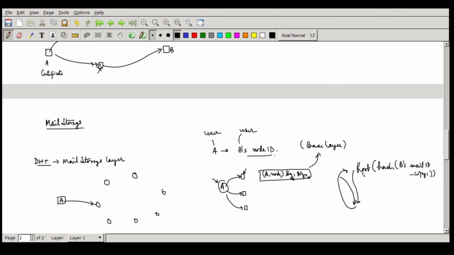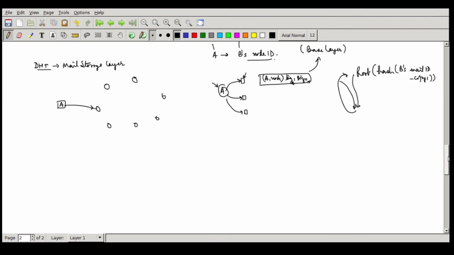At this node, the information about the node IDs, the list of all devices, will be available. So A can retrieve all the node IDs corresponding to B. Once A has this, it will talk to each one of those node IDs one by one: B's node ID 1, node ID 2, node ID 3 maybe, or as many devices as there are.